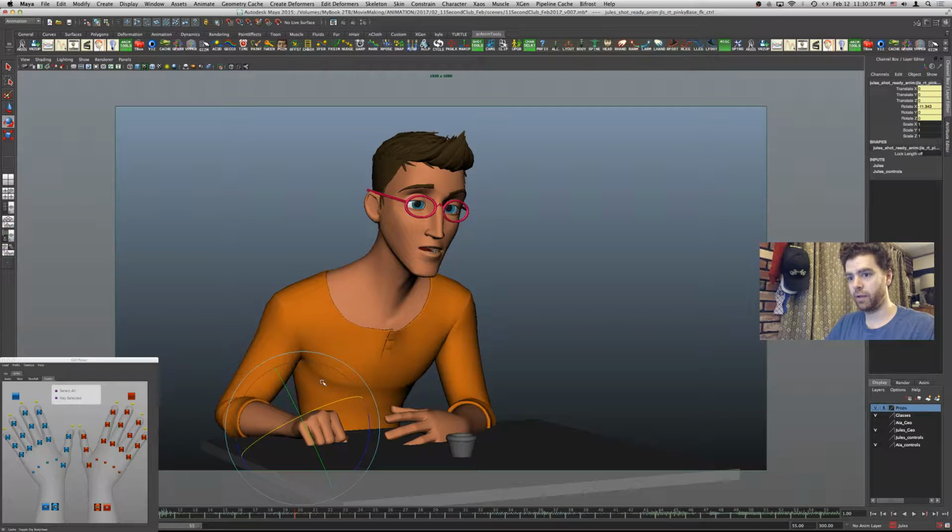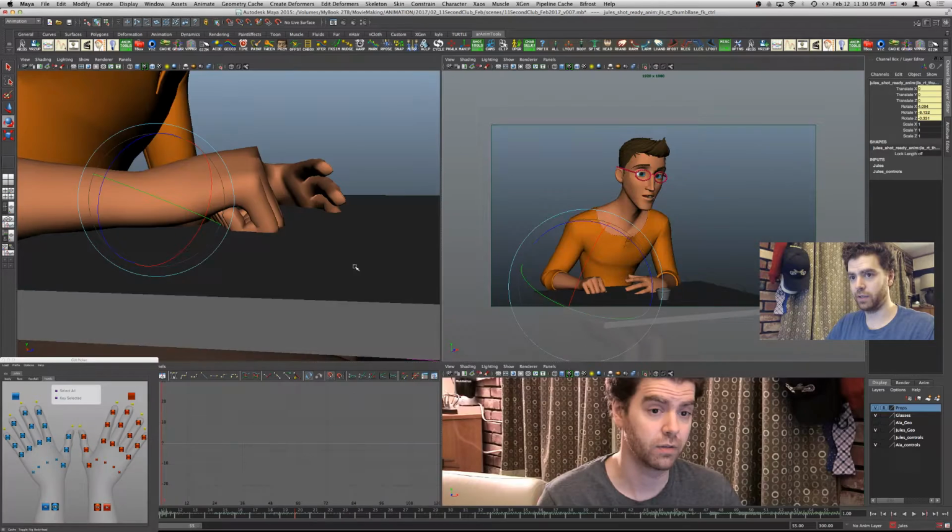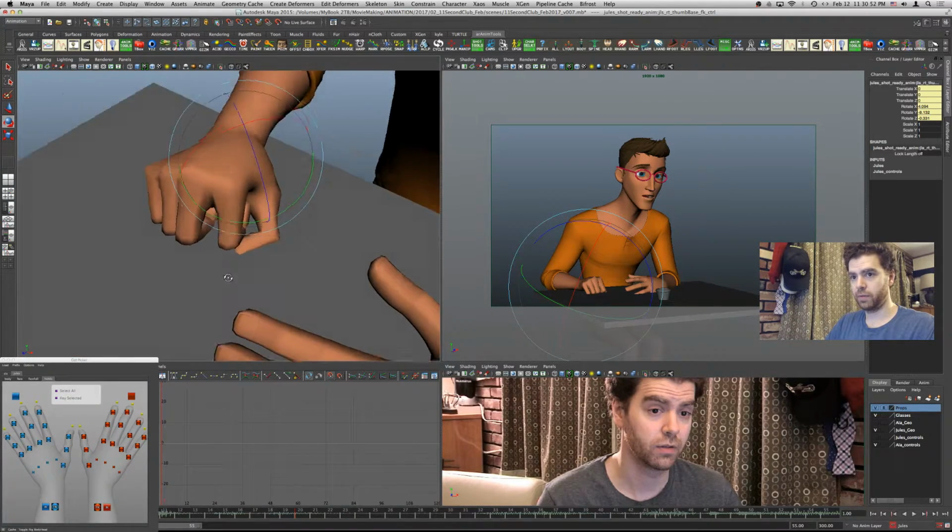I'll show you what I'm talking about. The pinky is sticking out like this, and I think it should be rotated in so it's not distracting. And then same with the thumb like I was saying before.